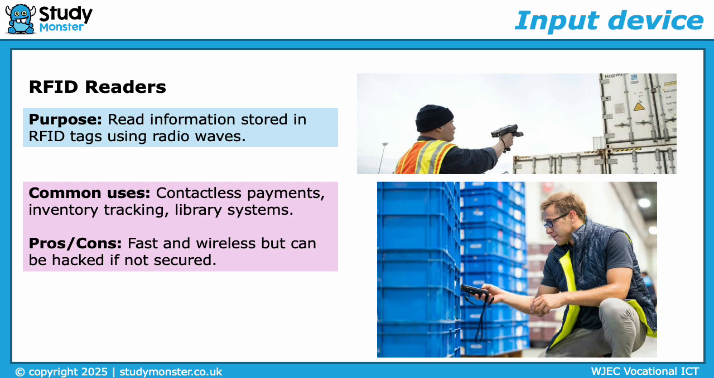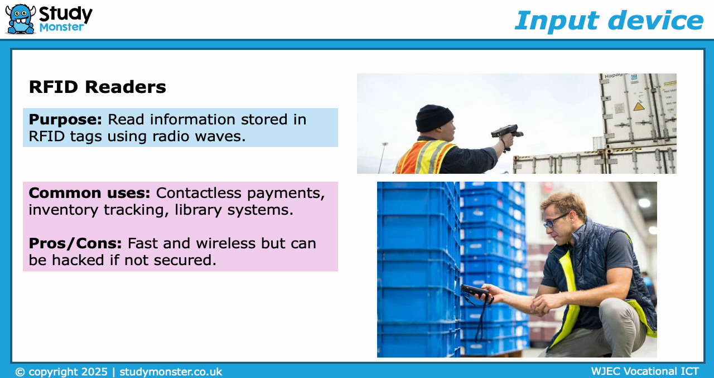RFID, so radio frequency identification. So it reads information stored in RFID tags. You may have heard of these, and it uses radio waves. Common examples include contactless payment cards, inventory tracking. So companies that have got warehouses will have RFID tags on